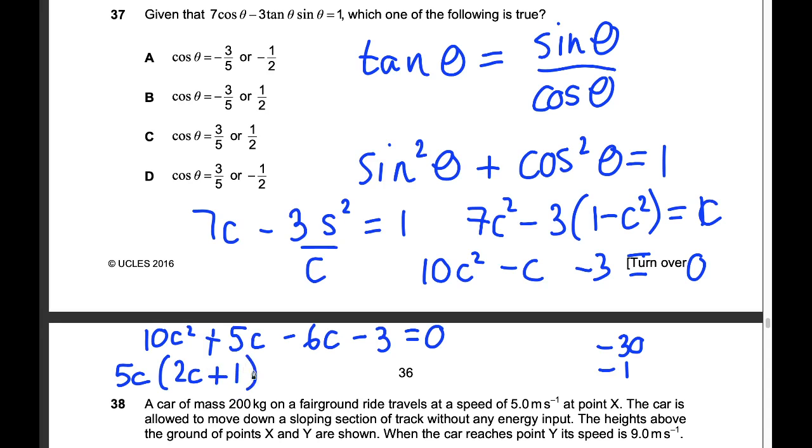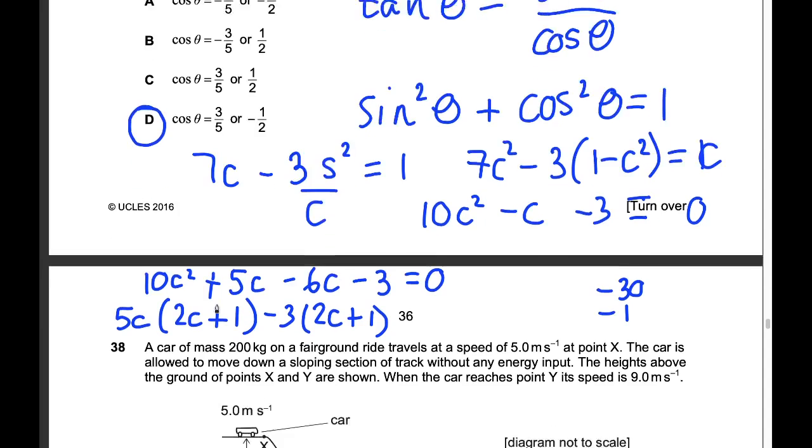2C plus 1. And this is going to be a 2C plus 1 as well here. But the factor at the front is going to be a minus 3. Okay, so I can factorize that into 2C plus 1 in brackets multiplied by 5C minus 3. So 2C plus 1 gives me C is negative a half. 5C minus 3 gives me C is equal to 3 over 5. So my answer is